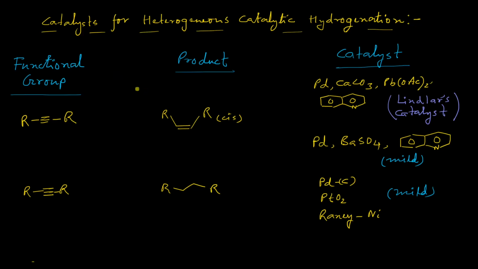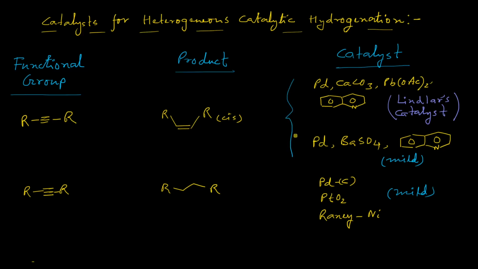Hello guys, in this video I am going to give you a tabular form where all the reagents are available for functional group conversion during the heterogeneous catalytic hydrogenation. So let us first consider the alkyne. If you want to convert an alkyne into the corresponding cis-alkene, then you have to apply either of these